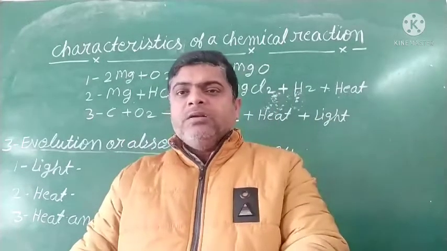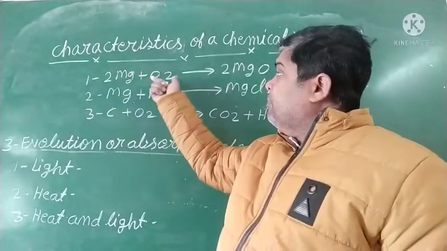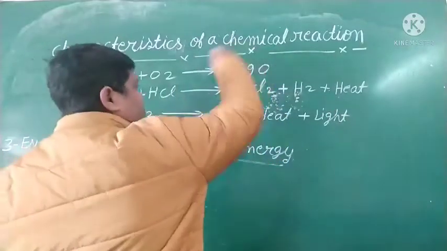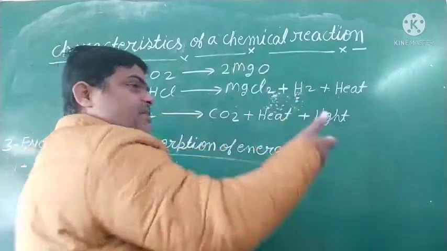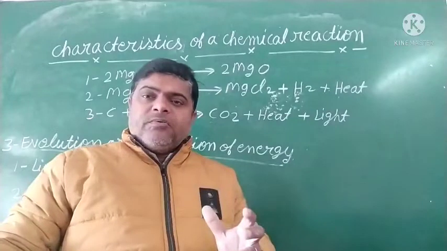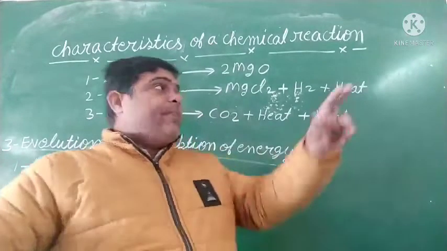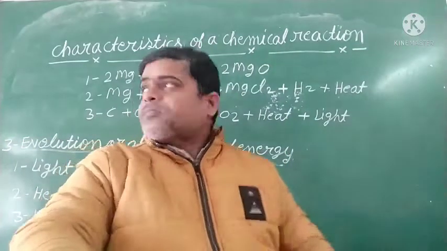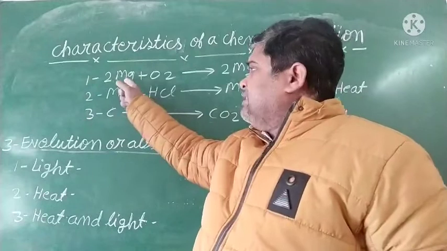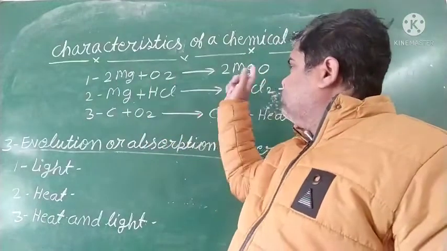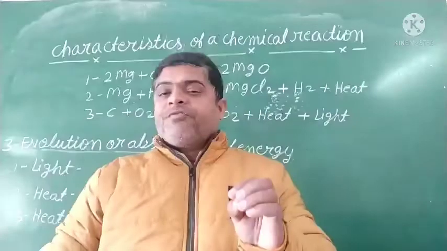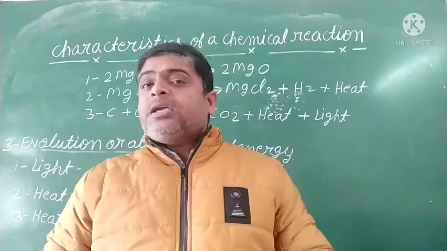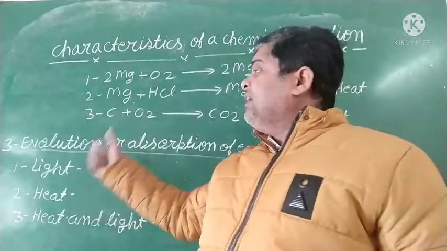Oxygen supports the combustion. So when magnesium reacts with oxygen, that is, when it burns, it forms magnesium oxide. Okay, and it releases light, white dazzling light, and the magnesium oxide changes into a white powder form. Clear? So magnesium is the metal, it reacts with oxygen and changes into magnesium oxide, a white powder. So this is the example of evolution of light. Okay, next one, maybe heat.